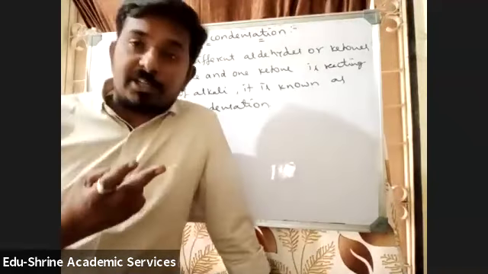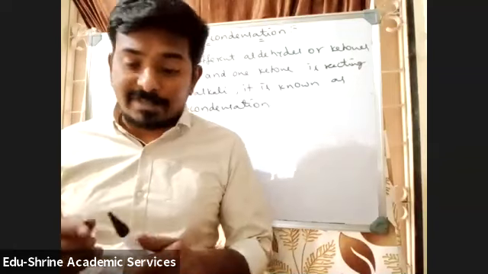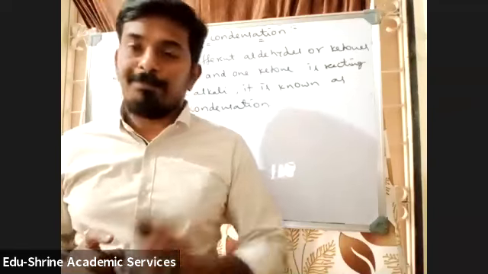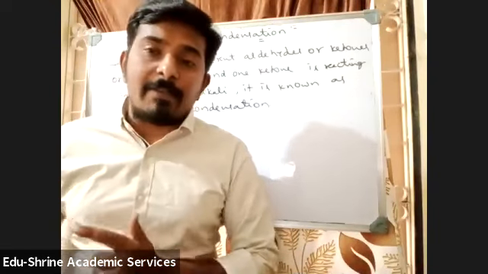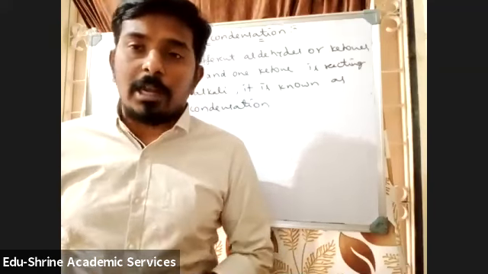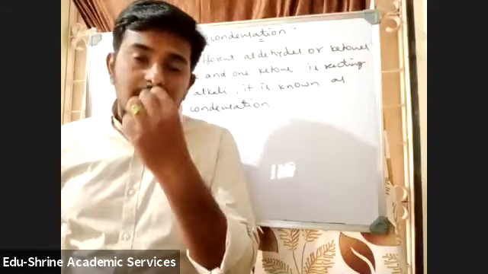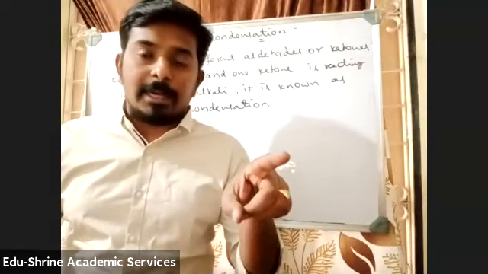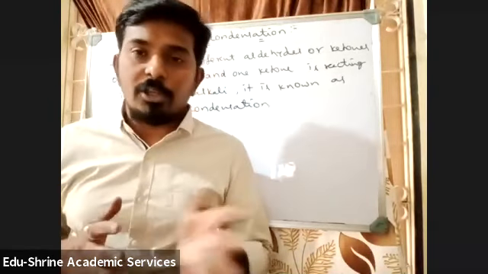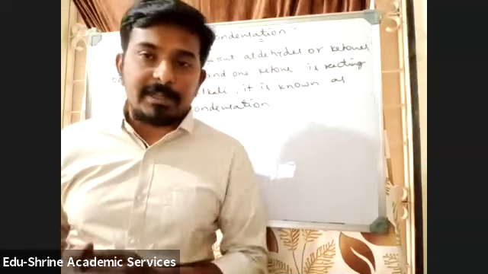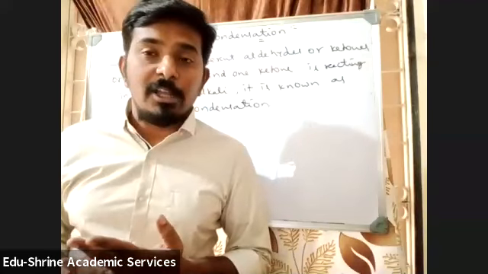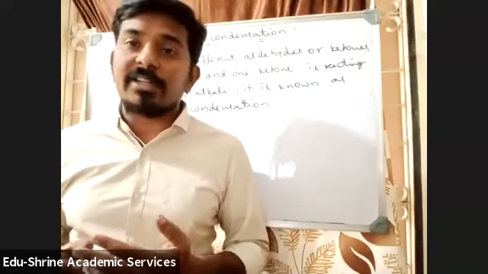Now here there may be two conditions. If you ask me a question, sir, is it compulsory for both the reacting species to have alpha hydrogens? No. Even if one molecule is having alpha hydrogens, it is sufficient for aldol condensation, because alpha hydrogens are involved in the reaction. Only one aldehyde will be involved in the reaction where you are getting an enolate ion. The other part is just the nucleophilic attack of the enolate ion. So even if one compound is having alpha hydrogens, it will be sufficient. If both are having alpha hydrogens, then also the reaction takes place.